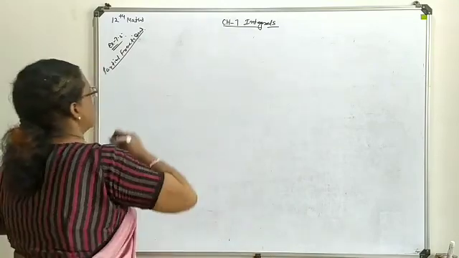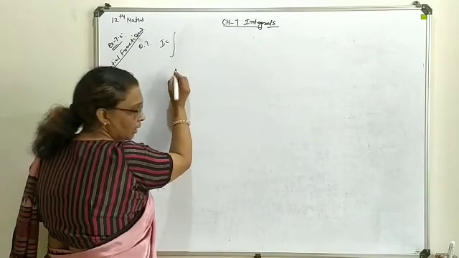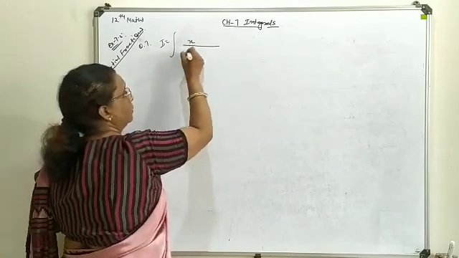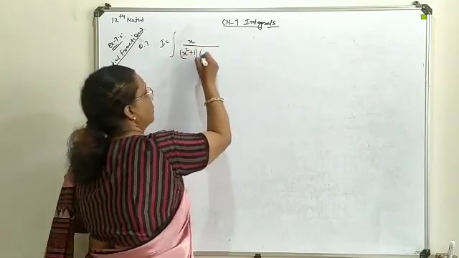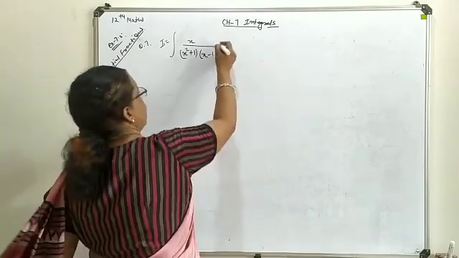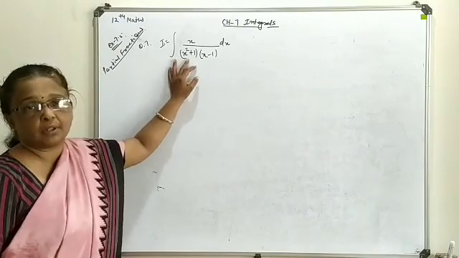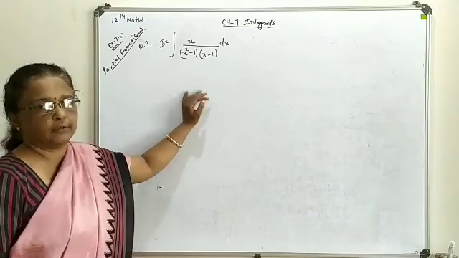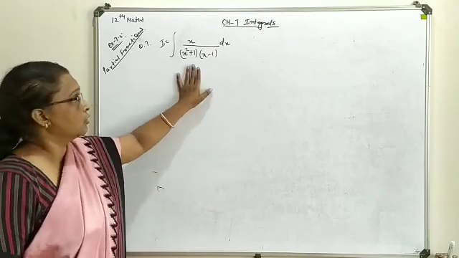Now in question number 7, the combination is given as x upon (x square plus 1) into (x minus 1). Here if you look at the question form, you will see factorization of x square plus 1 is not possible here. So as such it is to be treated for partial fraction, or to introduce constant terms. So let's start with them.